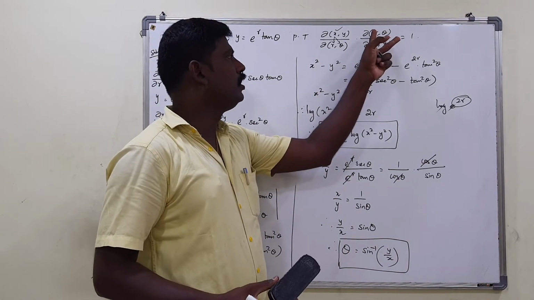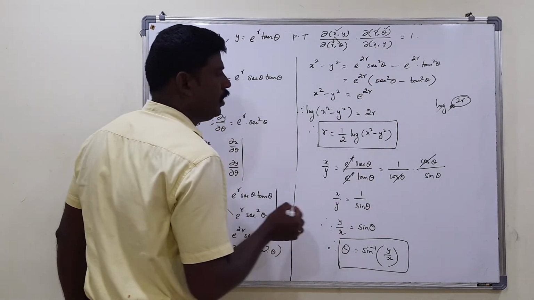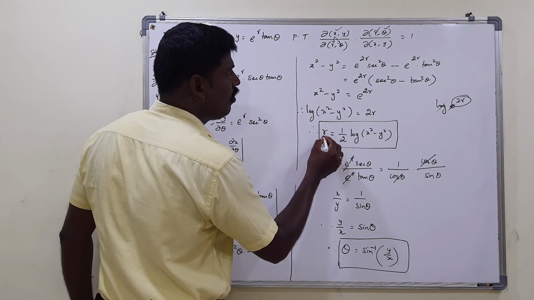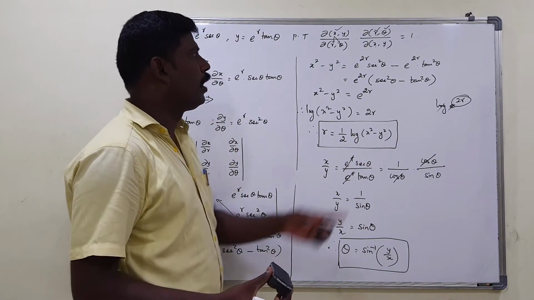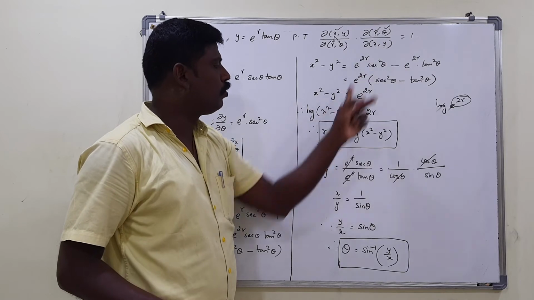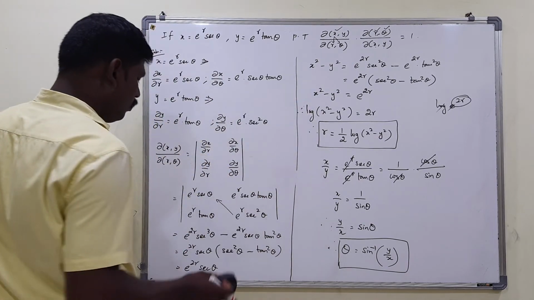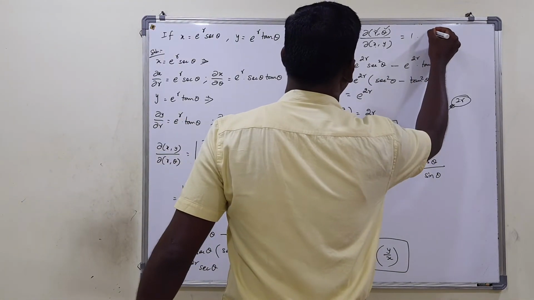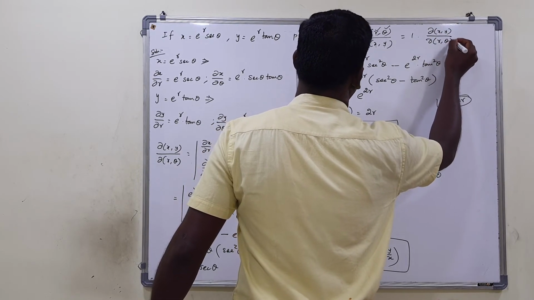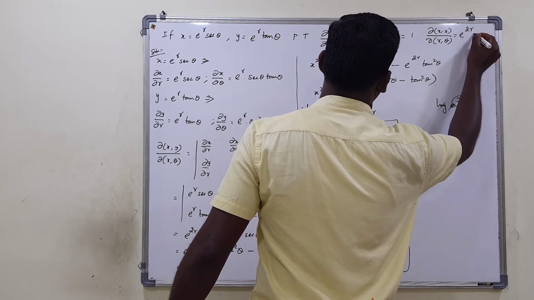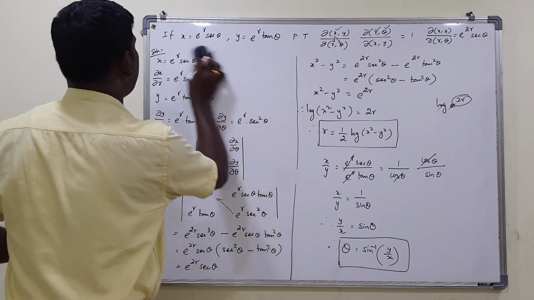So before going to find out this value, first we need to get the value of r and theta in terms of x and y. So now I obtain the value of r in terms of x and y and also theta in terms of x and y. Now alone I am going to differentiate r with respect to x and y partially, same like the theta with respect to x and y partially, right? What we are obtaining at first, dou of x comma y with respect to dou of r comma theta is equal to e power 2r secant theta, right? So we need to find out the second value, right?